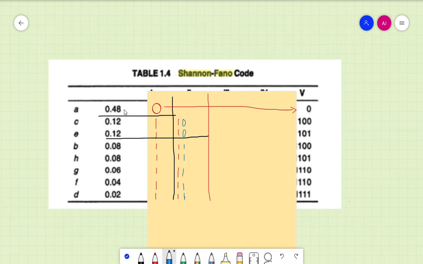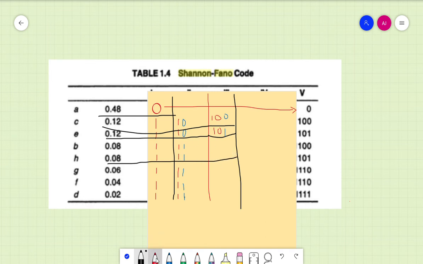Okay. So we'll finish the one part here. You have one group with two probabilities. So divide it again. 12, 12, these are equally probable. I will write the previous code as it is. So I was getting 1 0 here, and I have 1 0 here. Okay. So when I write a new code, let me write the upper part as 0 and the lower part as 1. So my one division is complete. Now I can divide here. So this group was remaining, 16 and 12. Okay, let us divide it in this way.